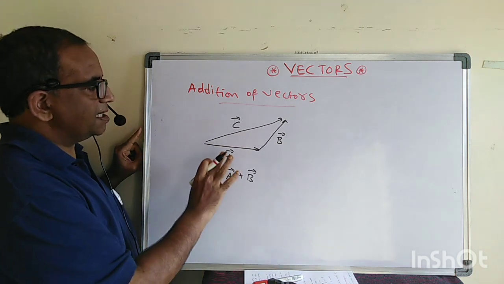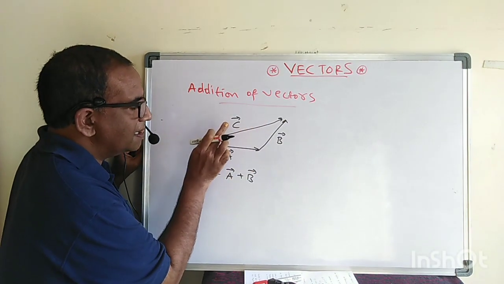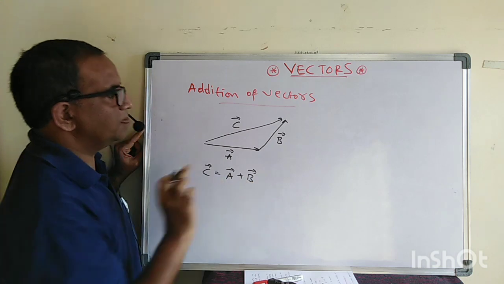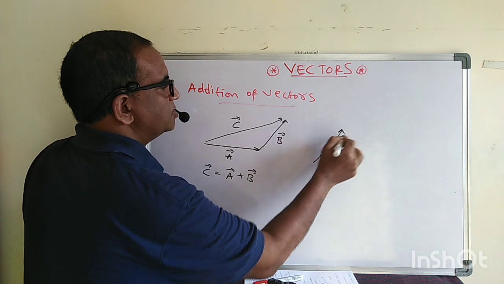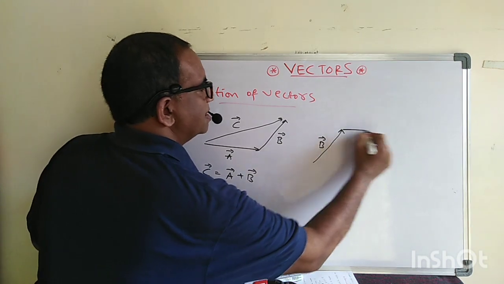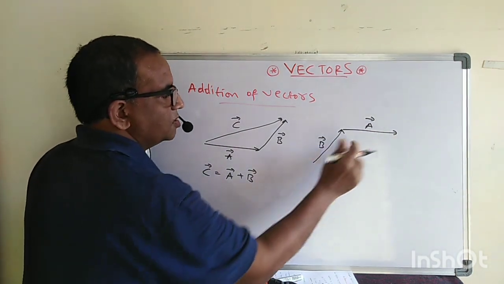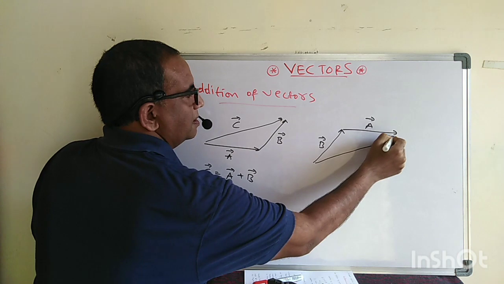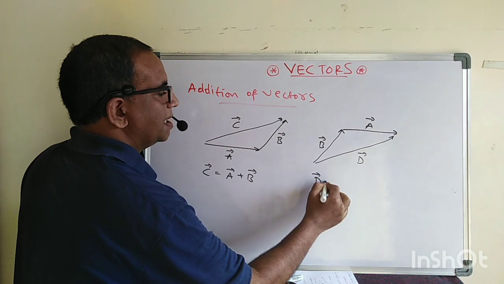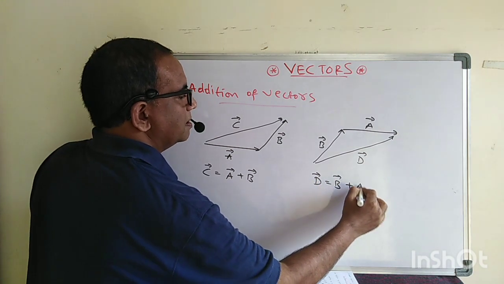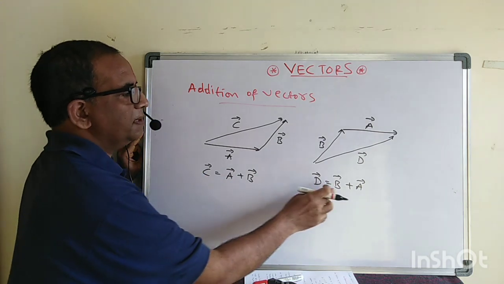Okay, see here, if two vectors are there, this is one vector, this is another vector, and C is equal to A plus B. Then similarly let us try to add the same vectors. Let us say this one is B and this one is A. See, this is the tail and this is the head. So tail to head is the resultant. Now let us say this one is D. Now tell me, what is D here? D is nothing but B plus A. See carefully what it did here. C is equal to A plus B. D is equal to B plus A.